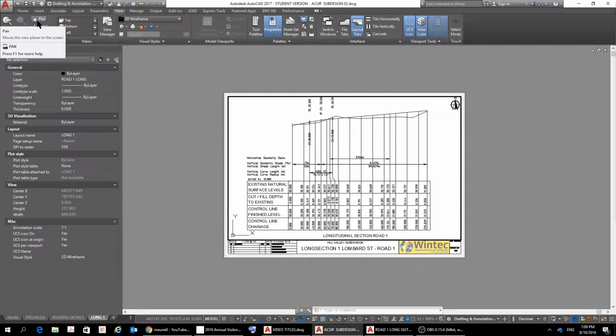Pan. Okay. Layout. View. I've got them over here. Sheet set manager. Layout tabs. View cube. The navigation bar should be